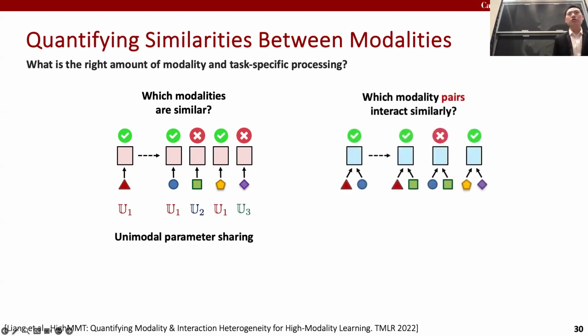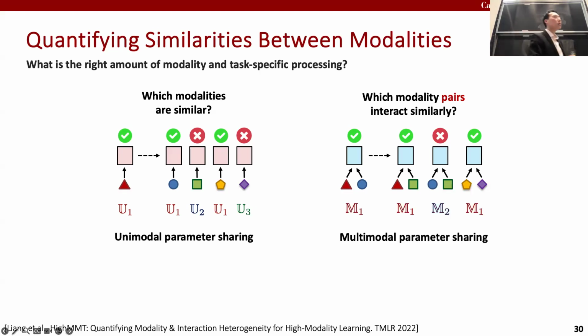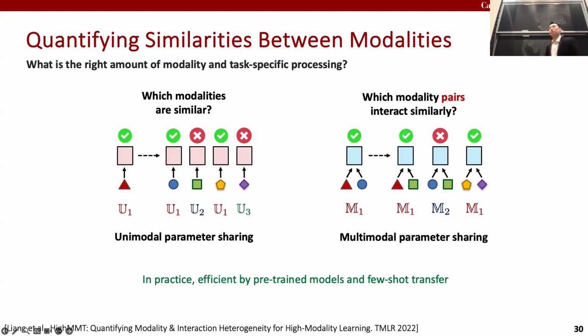And likewise, for the fusion, if you have two modalities that are interacting in a certain way when you're fusing them together, how well does that same interaction process transfer to other pairs of modalities? For the ones that it transfers well to, you should be using the same set of multimodal parameters, and ones that it doesn't transfer well to should be using a separate set of multimodal parameters. So in practice, it's quite efficient. We're essentially saying, if I have a pre-trained model, for example, a pre-trained language model, how does the same language model transfer to code, to images, to genomics data, and so on?